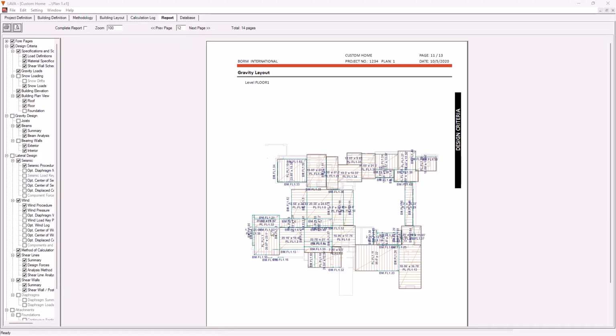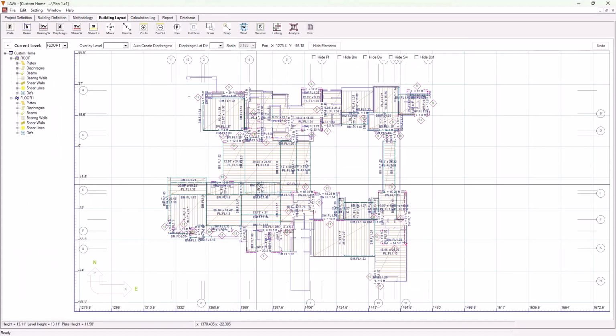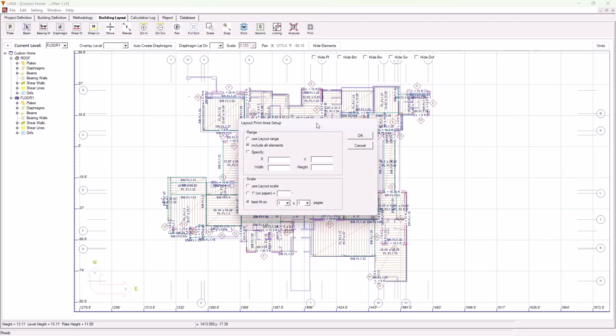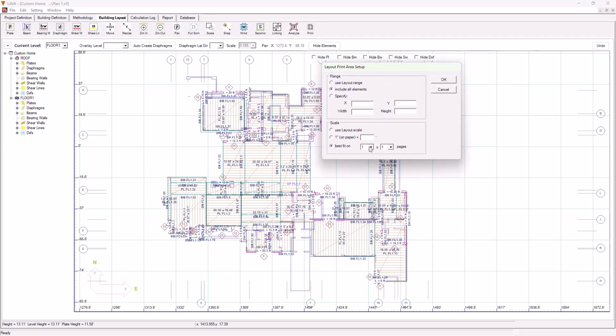When you're printing in Lava, by default, it's going to try to put everything on one page. But you can come into the building layout and make some adjustments. So you could come in and change the way it's printed. Right now it's 1 on 1. You can change this to multiple pages. We could say print